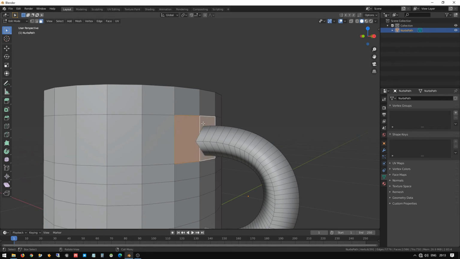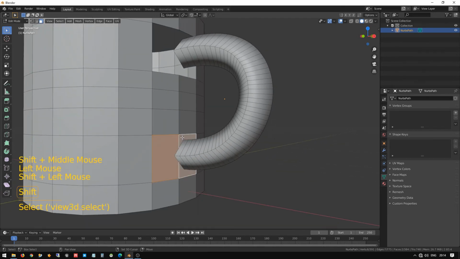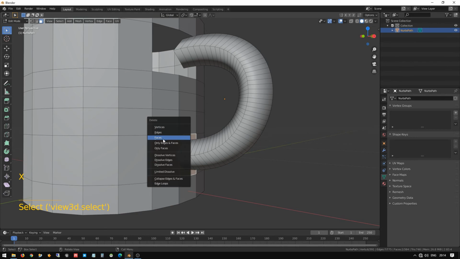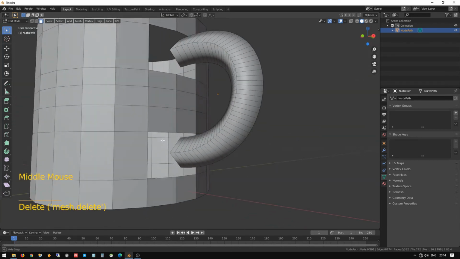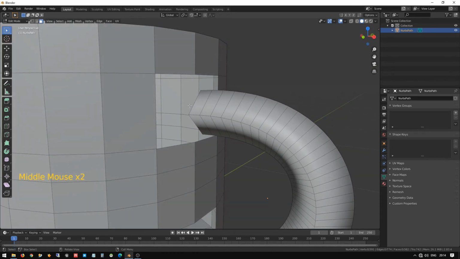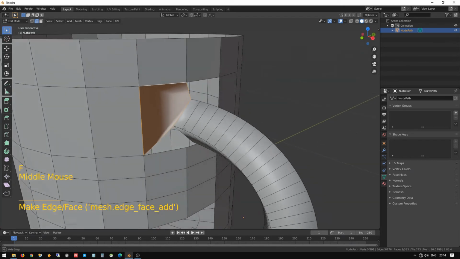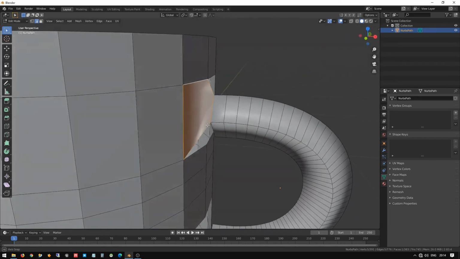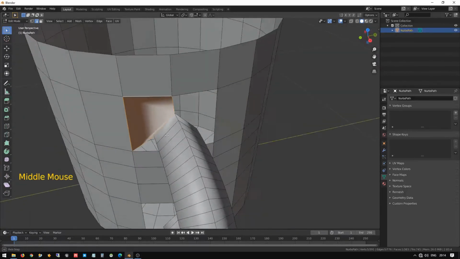So go to the face mode and select these two faces using shift key. Press X to delete, and when the menu comes you can select the face. So here also you can select both faces, press X and delete the faces. Now two faces are deleted, so we are going to join both to connect and make it work. So what we are going to do is go to the edge selection mode and select these three edges, press F to fill the area.